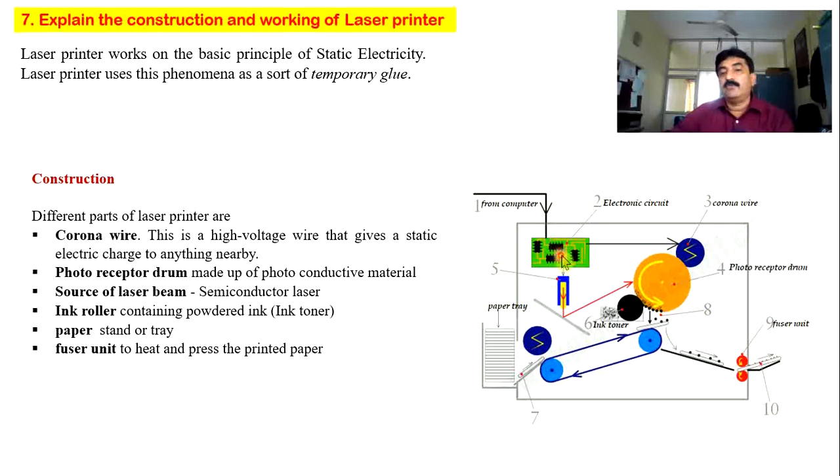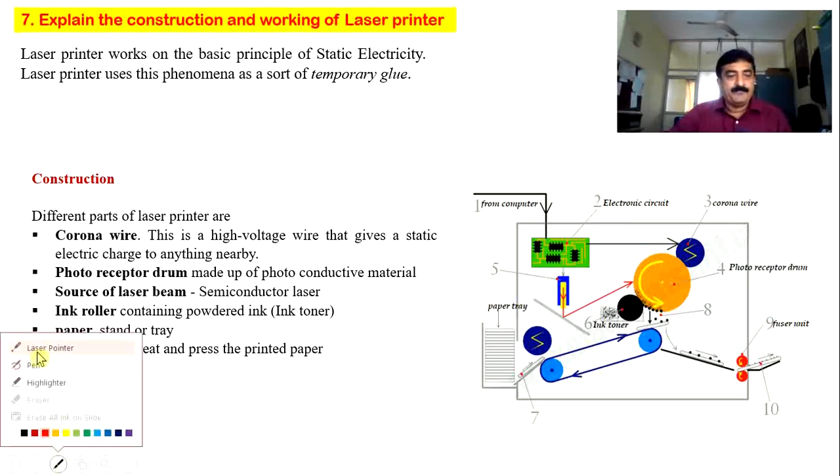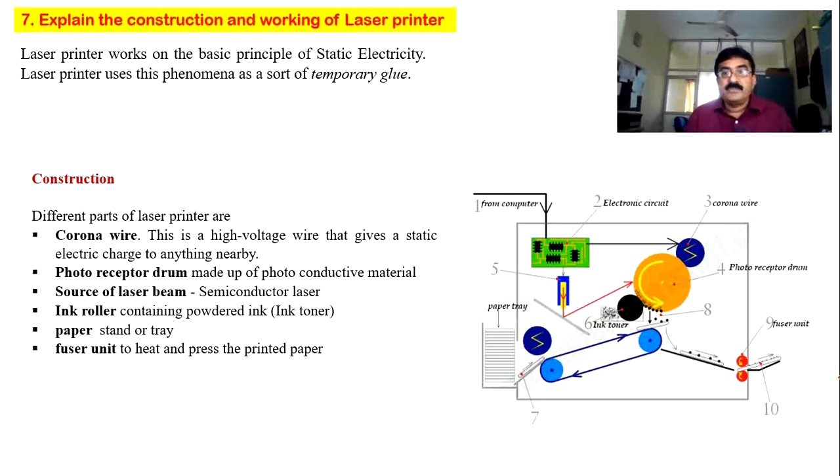Meanwhile, this circuit will also command the laser source to emit light according to the letter, diagram or whatever information you are going to print. Accordingly, the laser beam will emit the light. Laser, as you all know, is a source which converts electrical signals into optical signals, so this is going to do that job. Well, let us say I want to print the letter A. How does A look? Let me write it in bold. So this is the letter A.